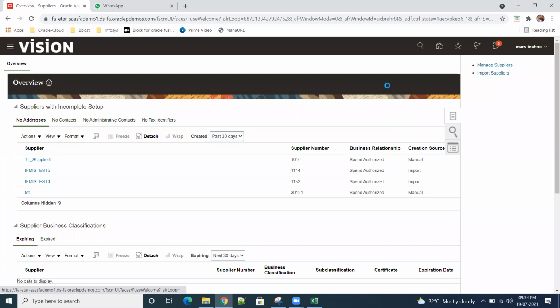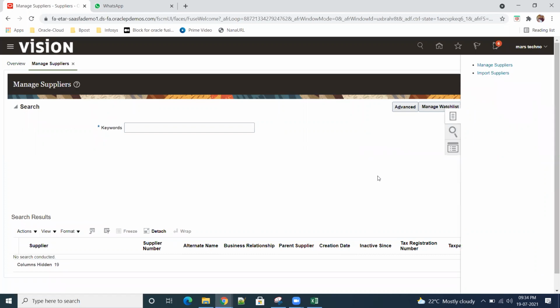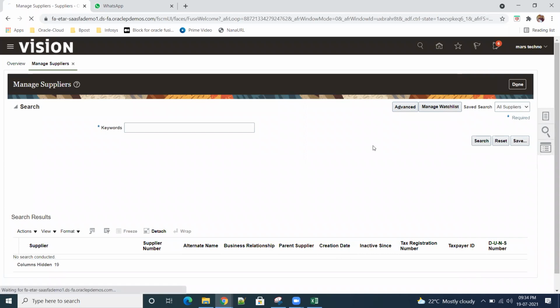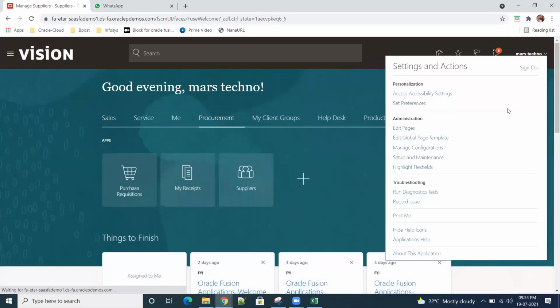I don't know why it is still not showing create supplier. I think something is missing still, job role. Or refresh has not happened yet.